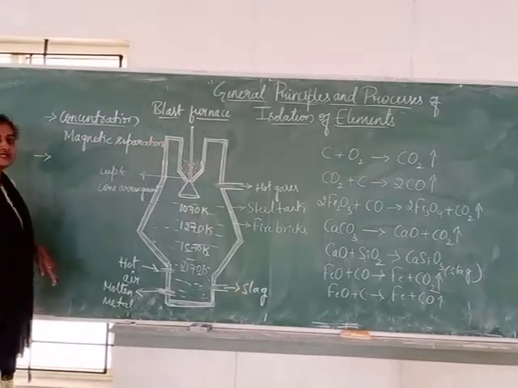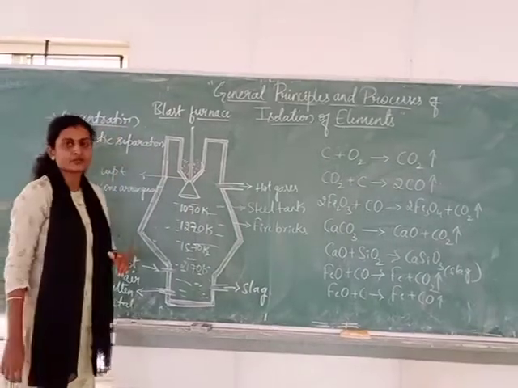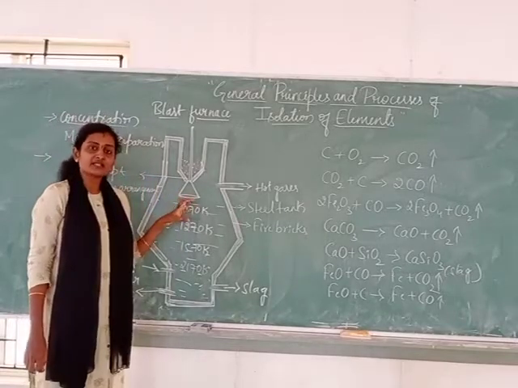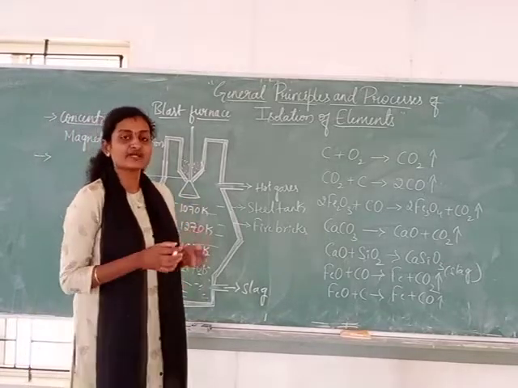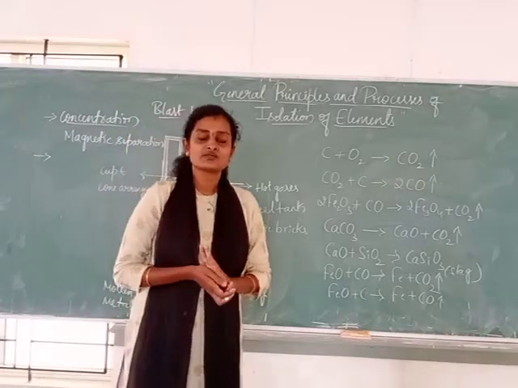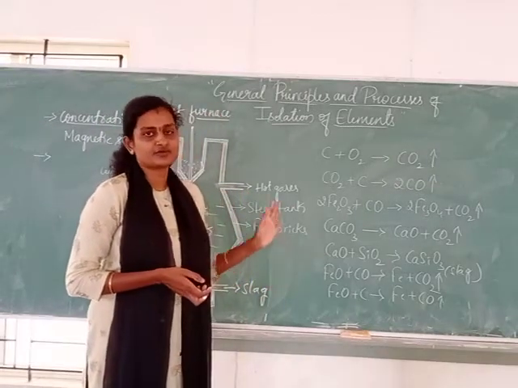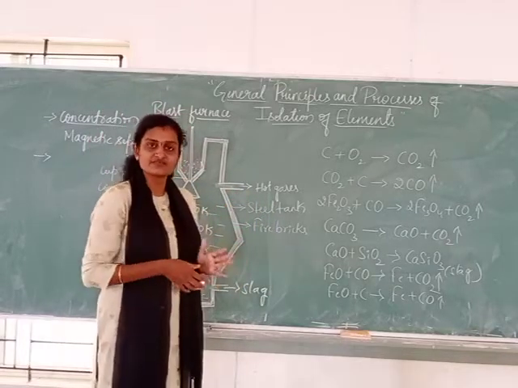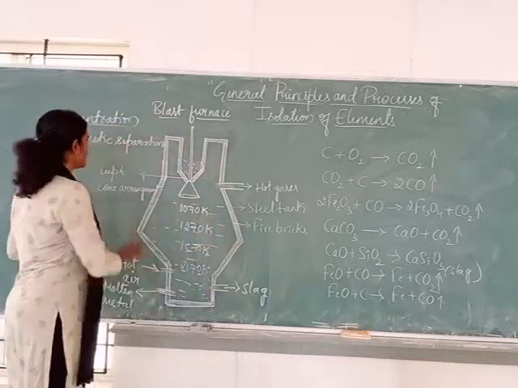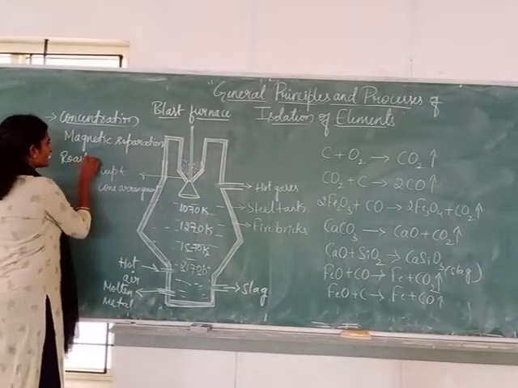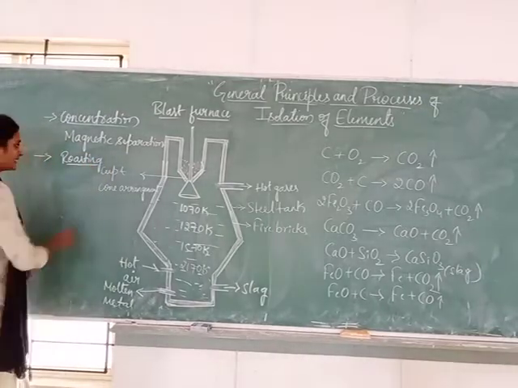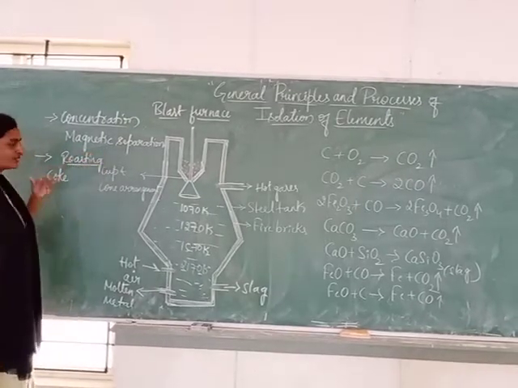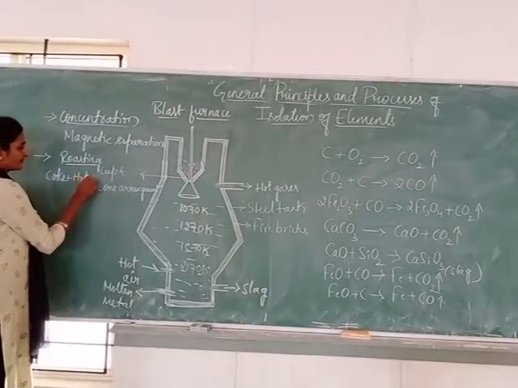Then we have to go for the extraction of crude metal from the concentrated ore, that is roasting or calcination. Okay, so you know that in hematite ore we mainly have sulfide impurities. So if sulfide impurities are there, which method do we choose? From roasting and calcination we have to go for roasting, right? If carbonates are there, then we have to go for calcination, but we have sulfide impurities here, so we go for roasting. Roasting will be done in the reverberatory furnace by treating the hematite powdered ore, concentrated ore, with coke in presence of hot air.